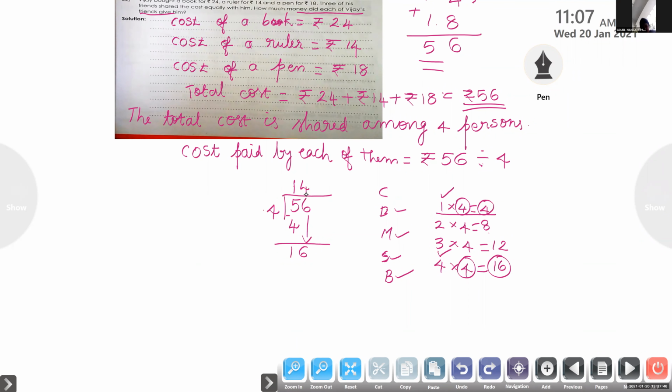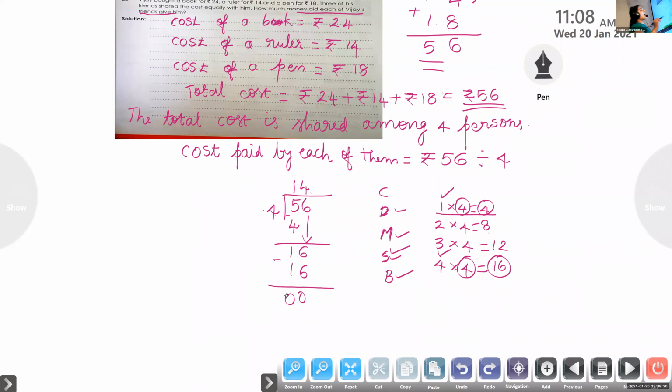Now the next step is Subtraction. No, before that we have to do one thing. Division over. Next step is Multiply. 4 4s are 16. That is already written there. So multiplication over. Next step is subtraction. 16 minus 16 is 0. Here there are no more digits to bring down, so we can stop the division.